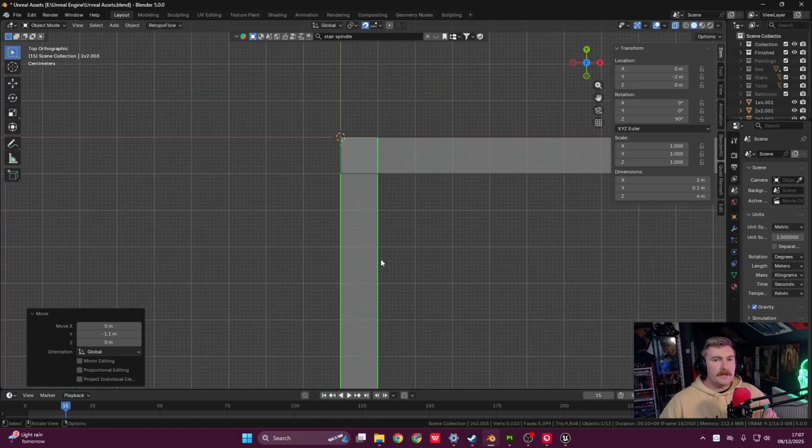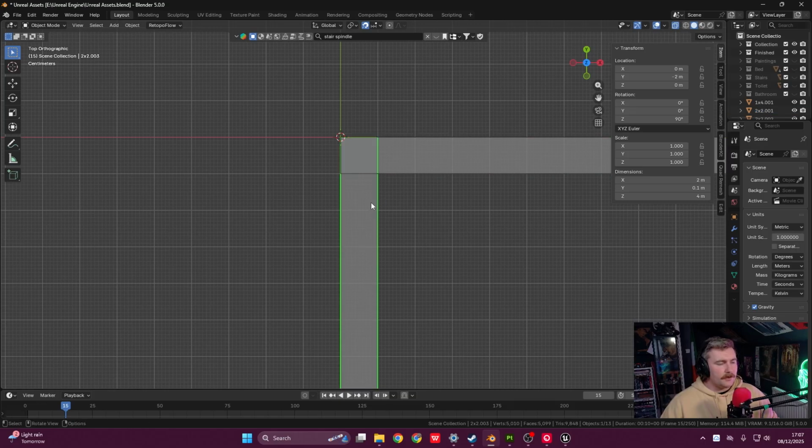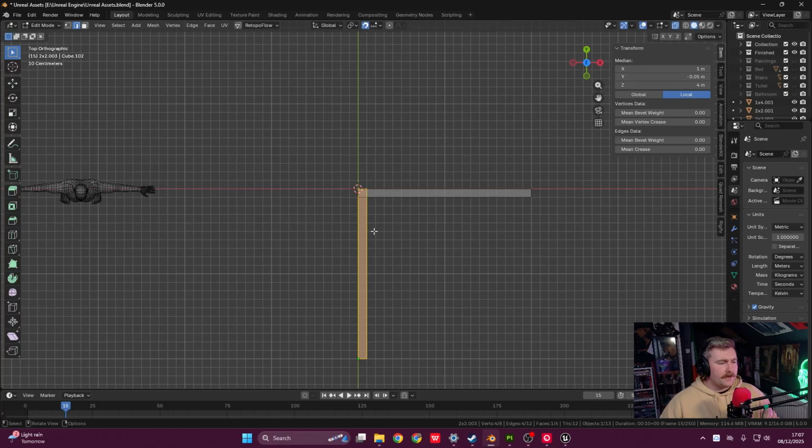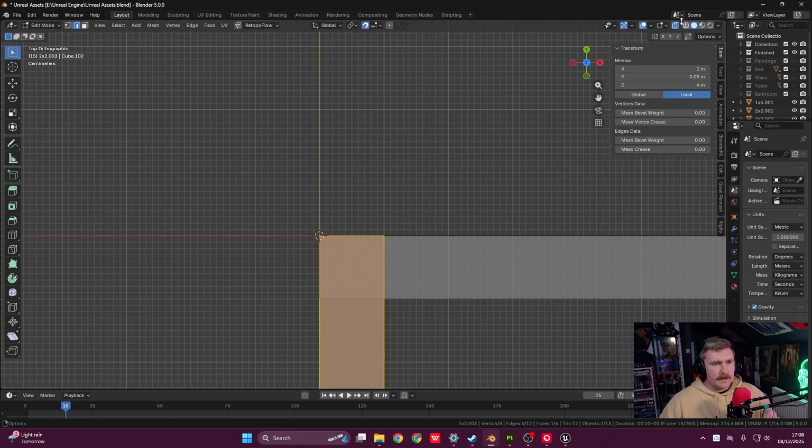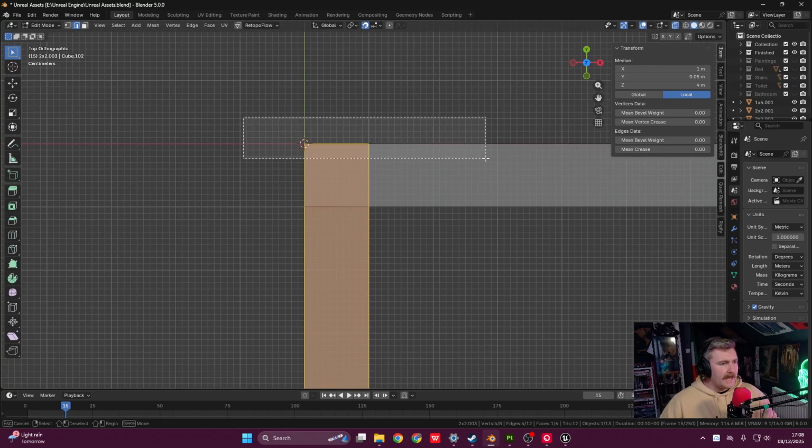Whilst they're still single, they're not joined pieces. We couldn't edit both at the same time. They're 2 independent pieces. What we're going to do is press Tab to enter into editing 1. And once we've entered into editing 1, and again, with our X-ray on, we're just going to select. I'm always in edge select. I rarely move from edge select. So in edge select, we're just going to drag over this,